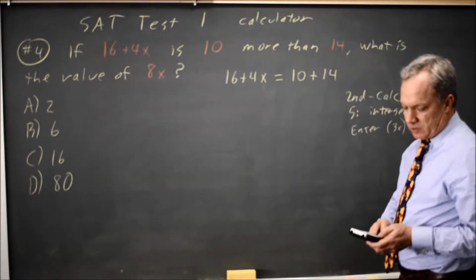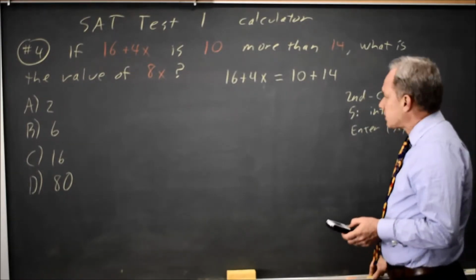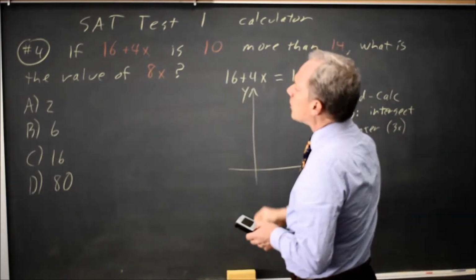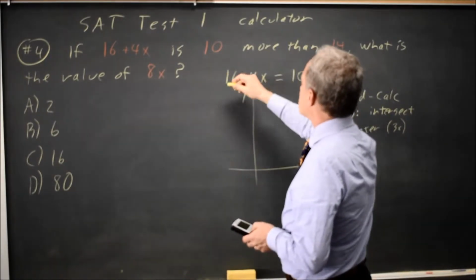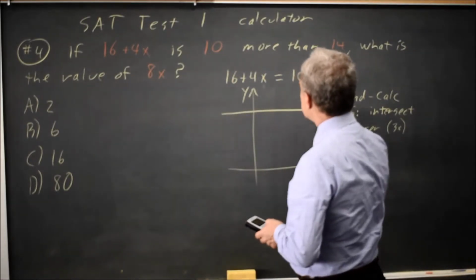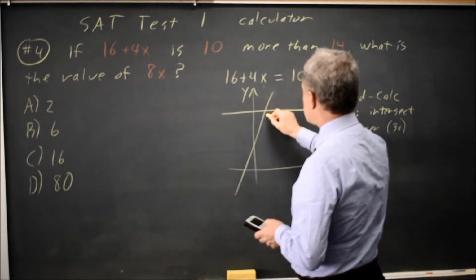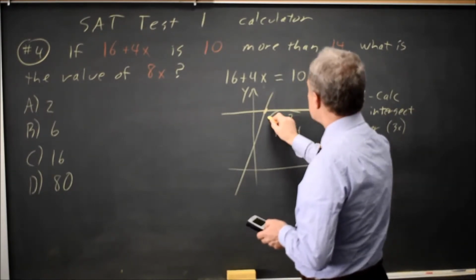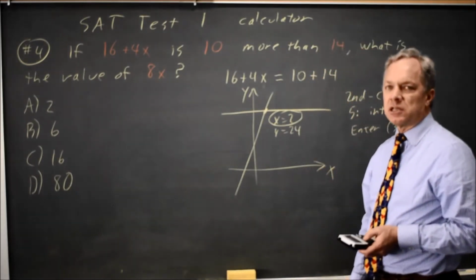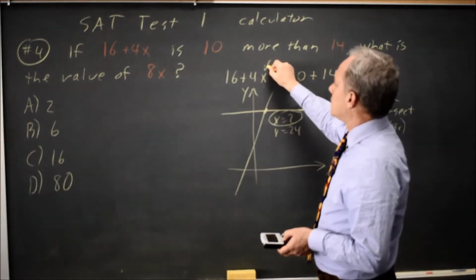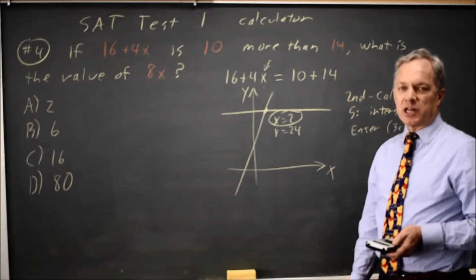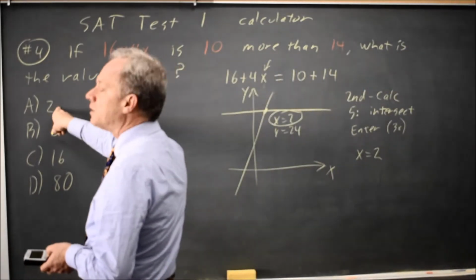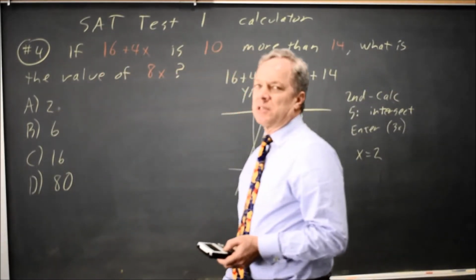And in this case, it does, because my graph looks right in the xy plane. I made my y max bigger than 10 plus 14, which is 24. I chose 30. So I get this equation, and I get something that looks like this. And the intersection is at x equals 2, y equals 24. The x value at the point of intersection is the variable in the equation that only has one variable that I entered. So I have x equals 2, and it's tempting to choose A,